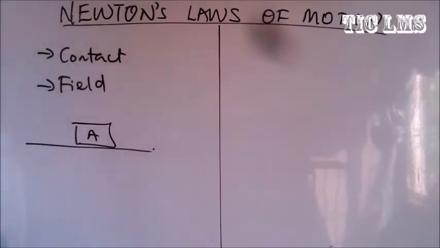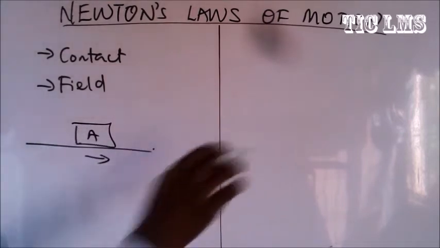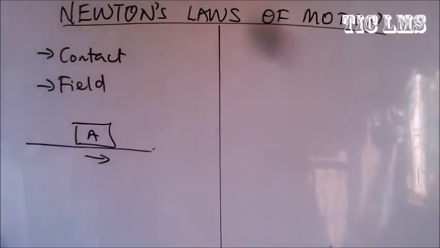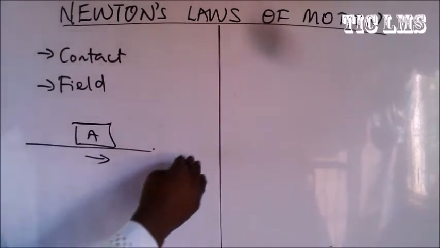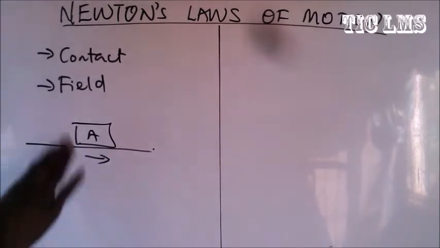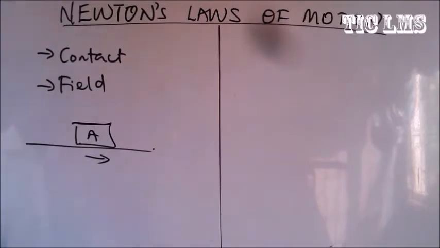Or if a body like A is moving in a straight line, this body can be stopped from moving only if there's a force that is applied to it. The force can be visible, or it can be a field force or a contact force. It would be like a body that keeps moving and then stops without anything. But don't forget that as a body is moving, we have the force of gravity acting on it. We also have a frictional force acting on it,